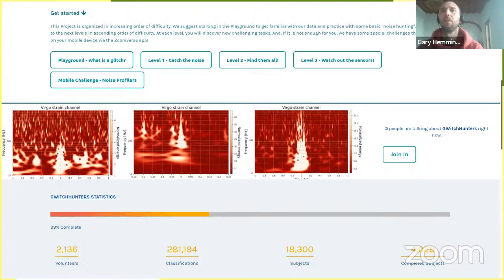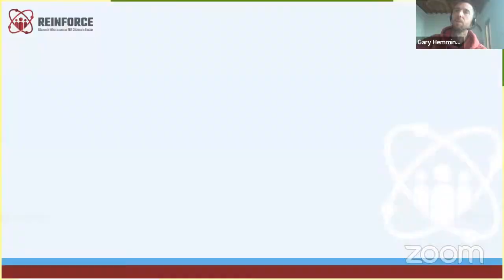But we essentially ask volunteers to help us to classify, to categorize and identify various types of glitch, which are transient noise features that we find in our data from the Virgo detector, and which for us are noise, and we have to filter them out of our data sets, because they can block our field of view, let's say, in looking for the actual gravitational wave signals.